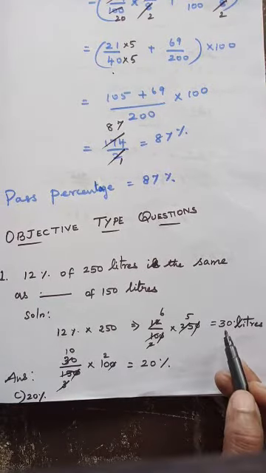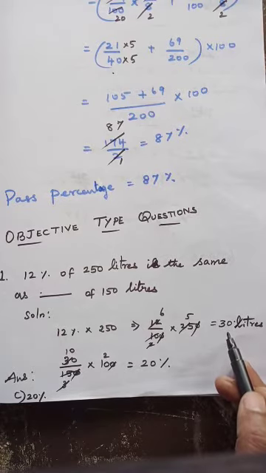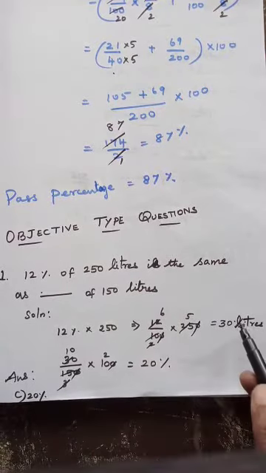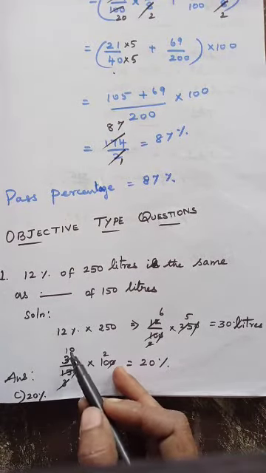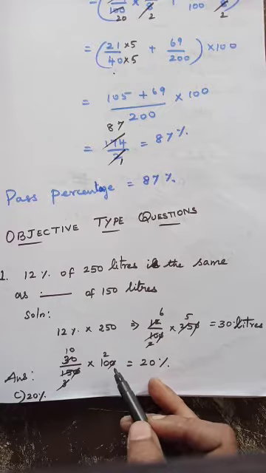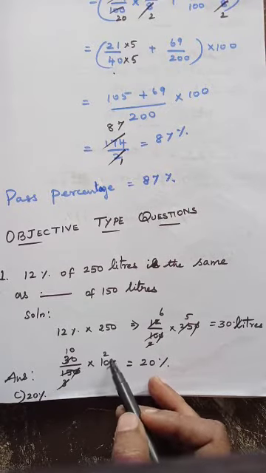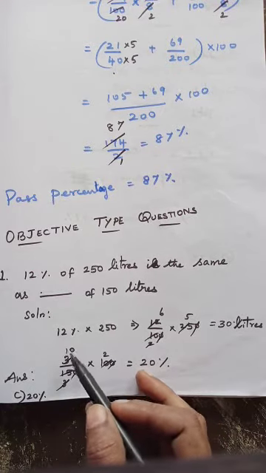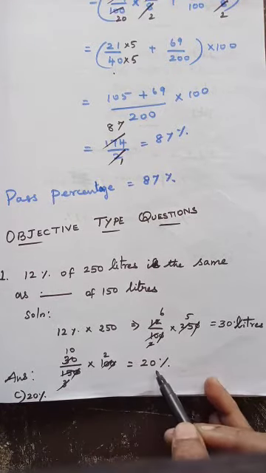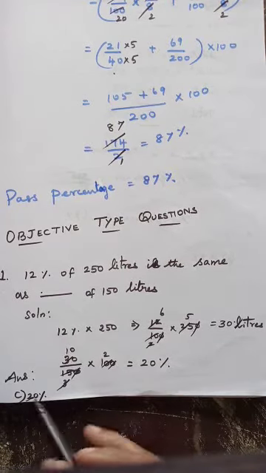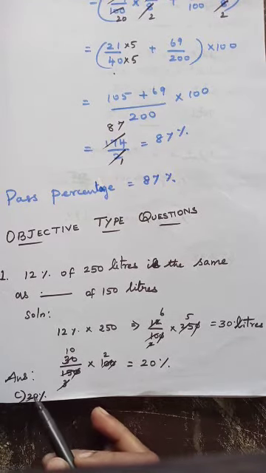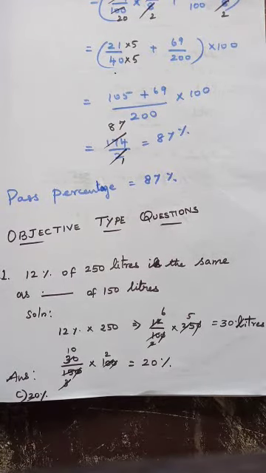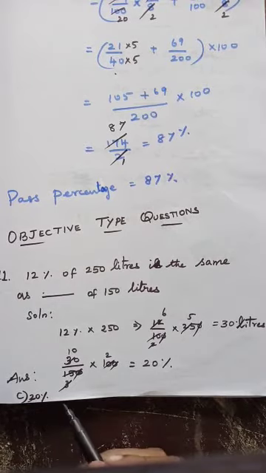Okay. So you have to say this 30 liters how much percentage? So out of 150 liters, 30 liters, isn't it? So 30 by 150 into 100. And 0 0 gets cancelled. Then 5 2s are 10, 5 3s are 15. Again 3 and 30 gets cancelled, 10. 10 2s are 20. So 20%. That is, answer is C option. They are given A, B, C, D. So C option is correct, 20%.